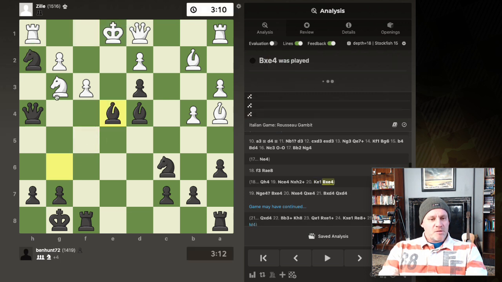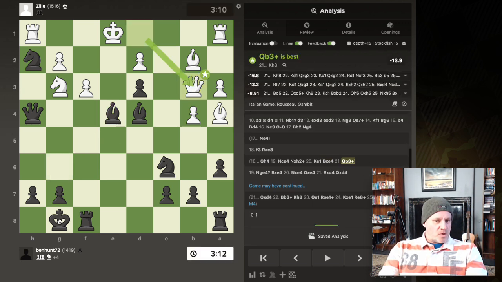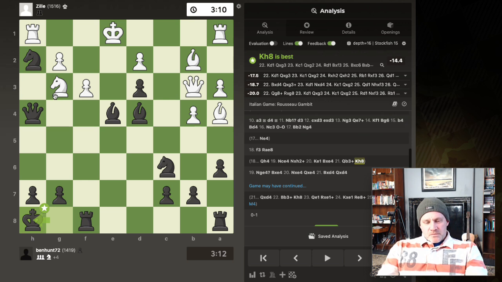And we eliminate this bishop, which is the only defender of this knight. Okay, they play queen b3 check. We move out of the way. Yeah, king h8. And this is good, let the engine teach you. King h8 is best, and then